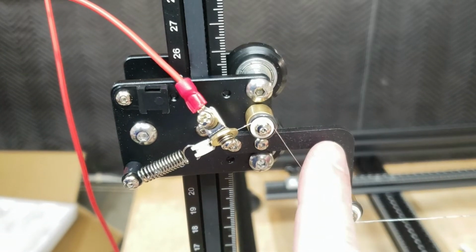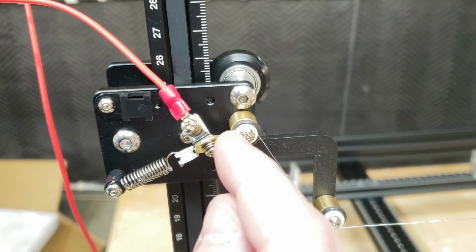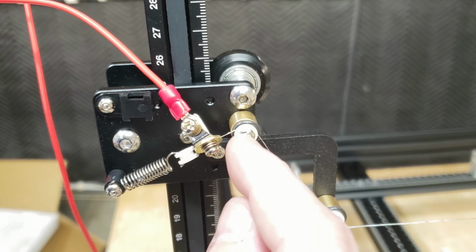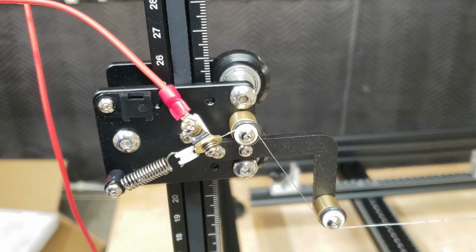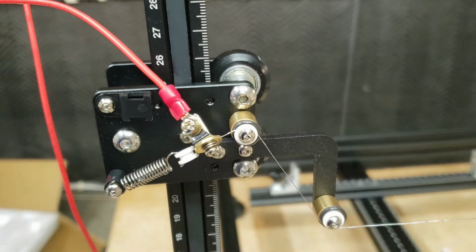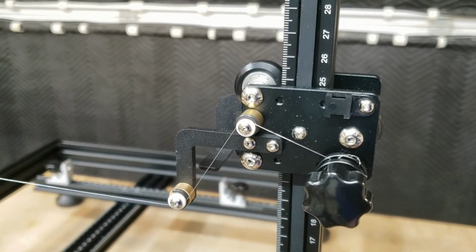Now, as this wire heats up, the spring here will actually compress down. So we do want to give it enough space between these two that it definitely does not impact the ceramic part there as it shrinks from cooling. Since it is currently in its cool state, as long as we do leave a gap there, we should be fine. And repeating that same step on this side,